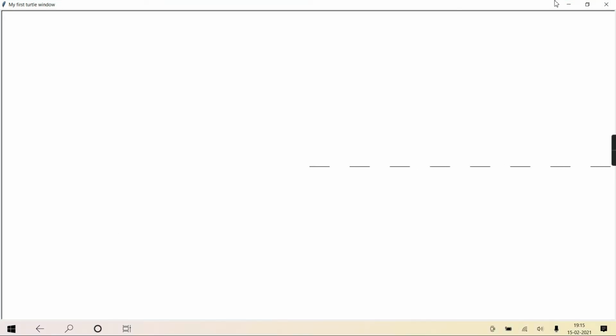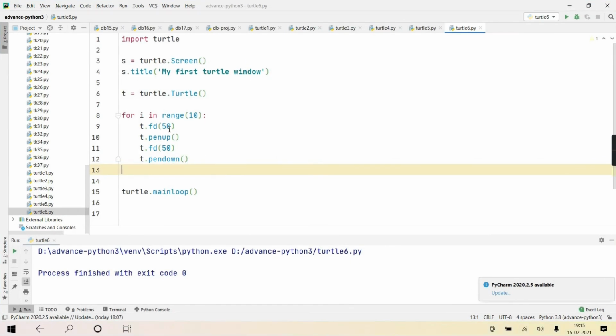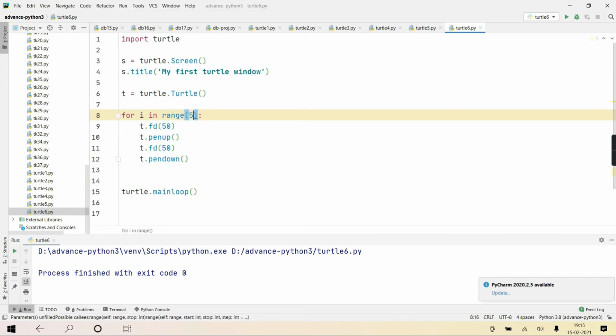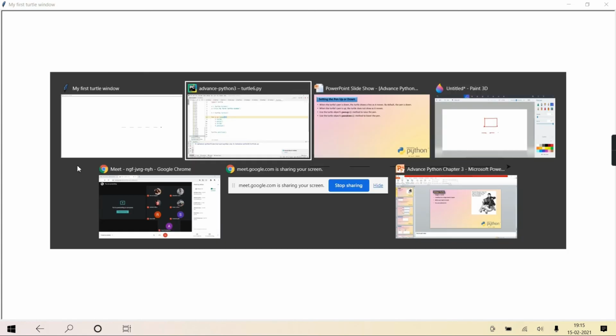Can you see? Okay. If you want to reduce the number of pixels, you can. Iterations I'll reduce, 5 I'll do. Can you see? So actually it is moving continuously forward only. But for this much duration, the pen was up. Again pen was down. Pen was up. Pen was down. Clear? So when it was up, during that time the tail is not touching the paper. So nothing is getting drawn. But the turtle is moving ahead. 50, 50, 50, it's moving ahead. Okay?